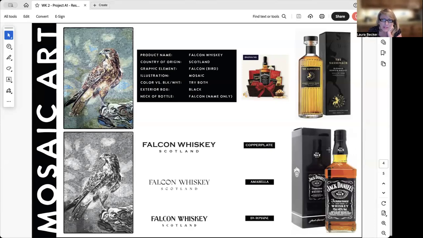And then I was looking at typefaces. Initially I'm looking at all caps, Falcon Whiskey, Scotland, in the typeface Copperplate. Another option could be Falcon Whiskey, Scotland in the typeface Amabella. And the third option, again all caps, would be Falcon Whiskey, Scotland, in BN Romaine. So that's sort of an initial thought, but I'm open to looking at maybe